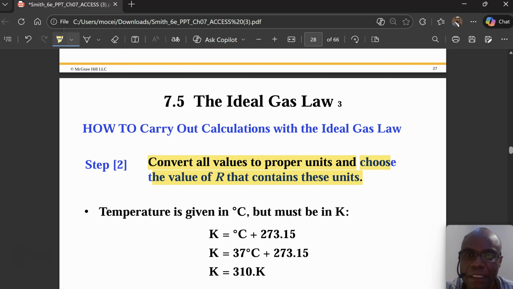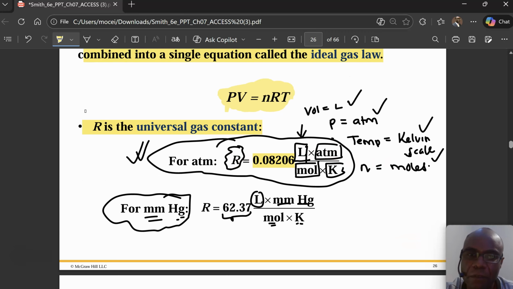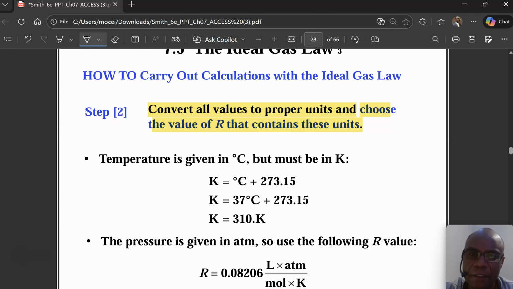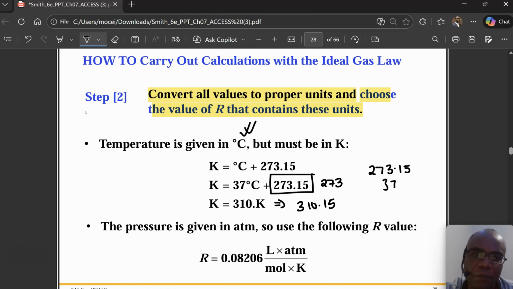So since the pressure is written in atmospheres, the version of R we should use is the one with 0.08206. And temperature has to be converted into Kelvin from degrees Celsius. We add 273.15. People who assume a lot will just add 273 because it's an estimate, but the best is to add 273.15, and the answer here would have been 310.15. That's the rule of addition for significant figures. So we drop the rest because here 1 is less than 5,